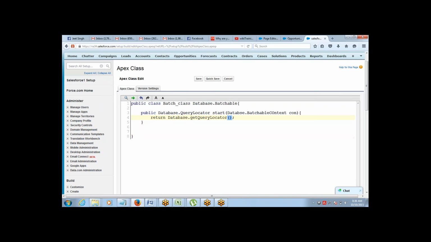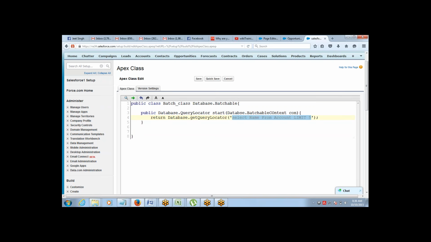So whatever query you want to run goes inside this. Let's say select name from account limit 5. So now what will it do? It will form the batches for account names, with 5 records in each batch. That's how it's actually going to work.